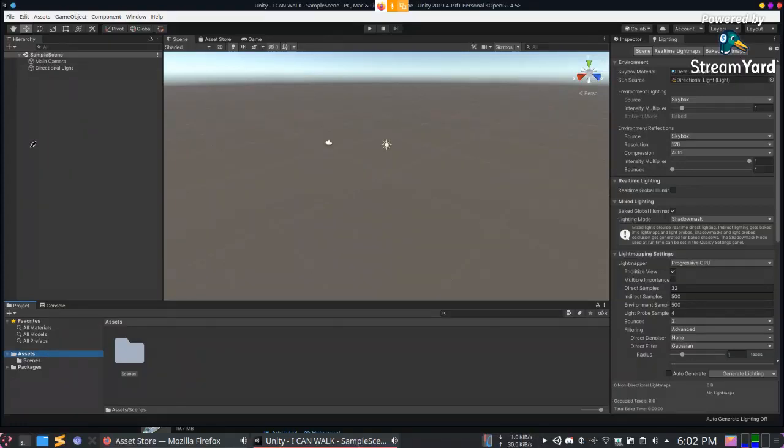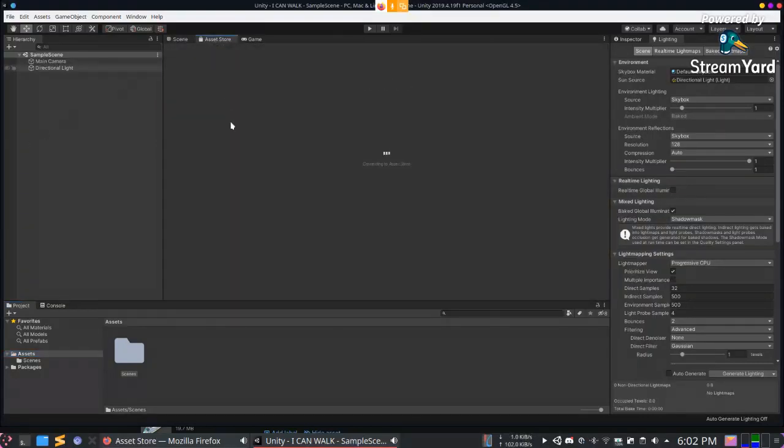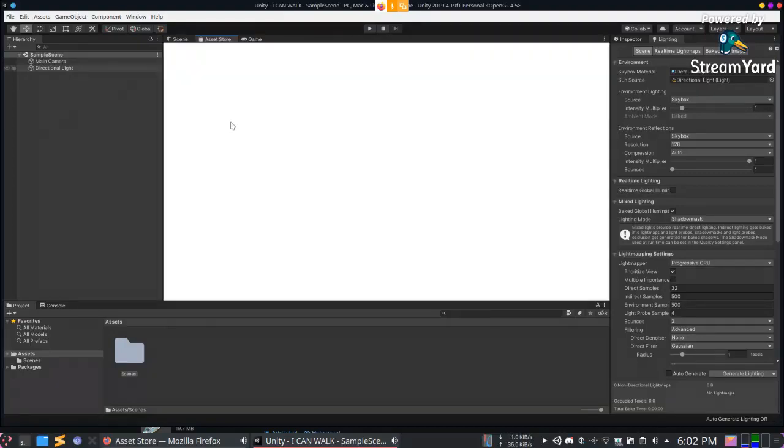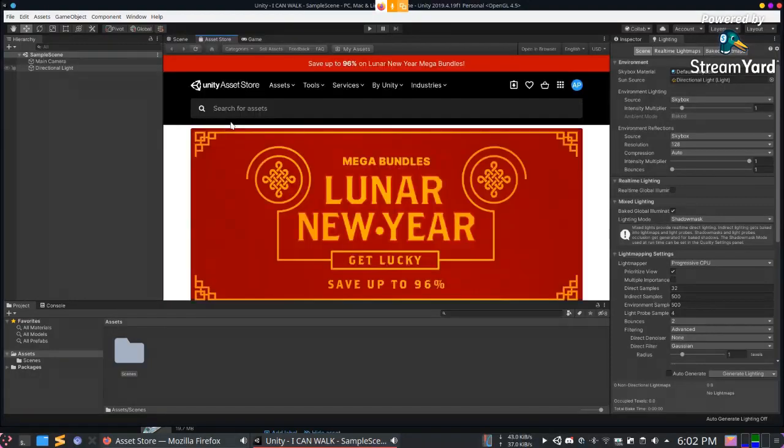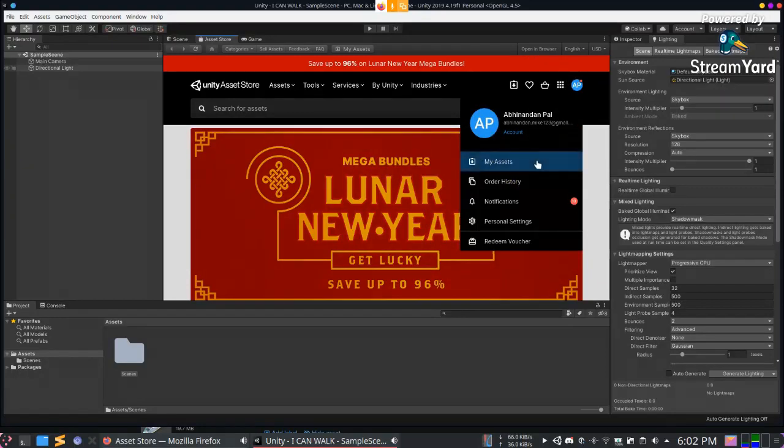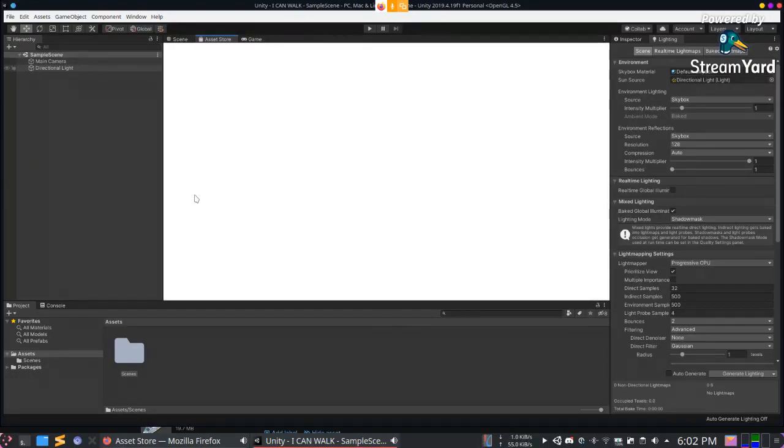Now we'll be starting to download those assets which I told you about. So you can go to the Asset Store, which basically opens the browser with the Asset Store page. Go to My Assets.